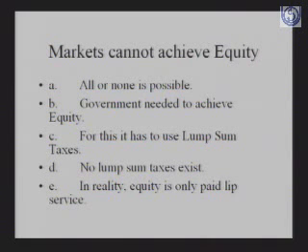But how is this to be done? How is equity to be achieved? For that purpose, the government is required under this normative public finance theory to do lump sum taxation. This lump sum taxation and transfer implies that the government will levy certain taxes and give certain subsidies to individuals, so that the outcome is that after trade has taken place between all the individuals, society will be at the right level of equity that society itself wants. So lump sum taxes and transfers are a crucial thing that are required to achieve equity in society.